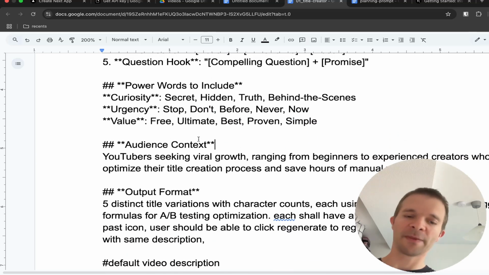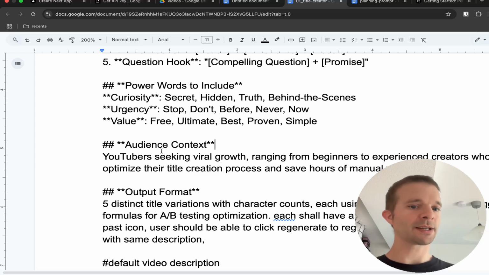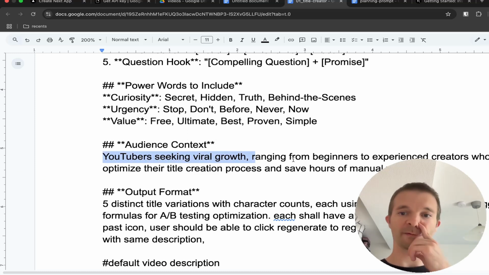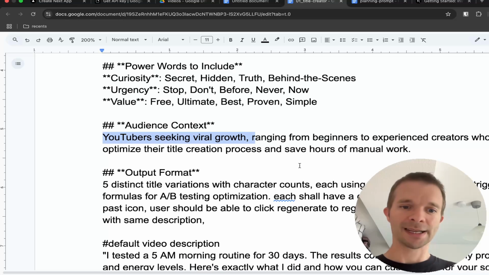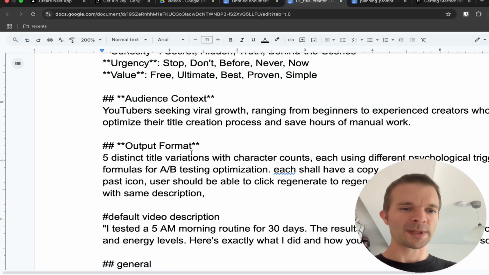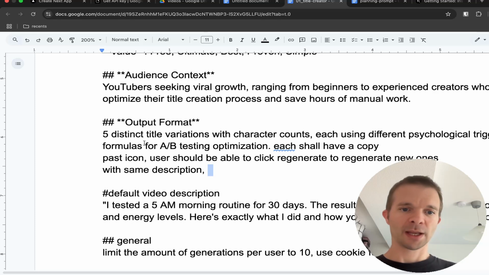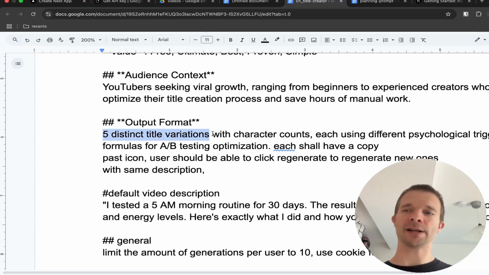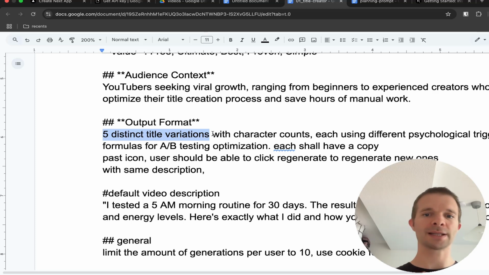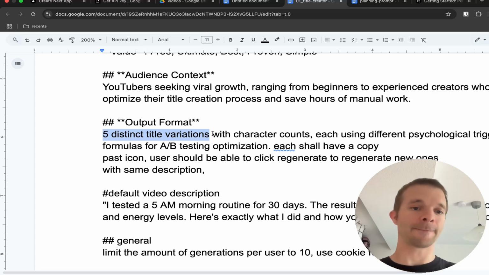And for the audience context, it's basically for YouTubers seeking viral growth, ranging from beginners, and so on. So some things that are important. We want 5 distinct title variations. We don't want it to only give us one title, it should give us several titles